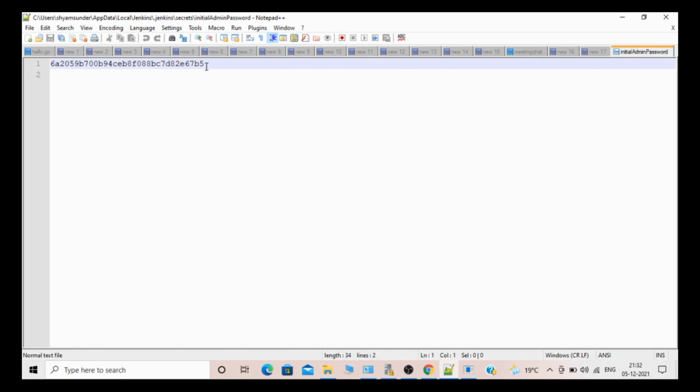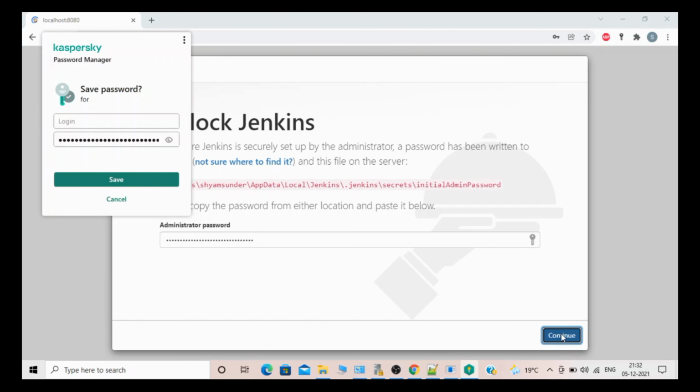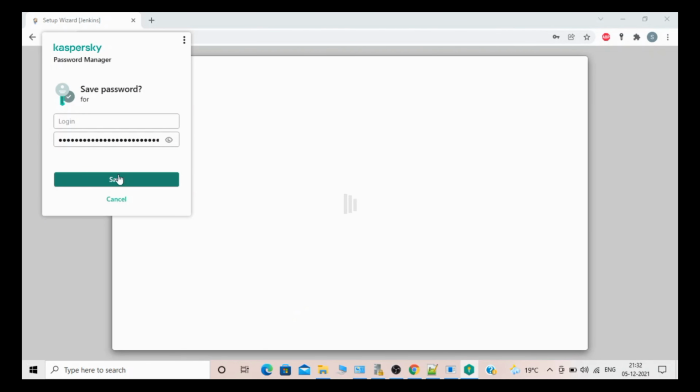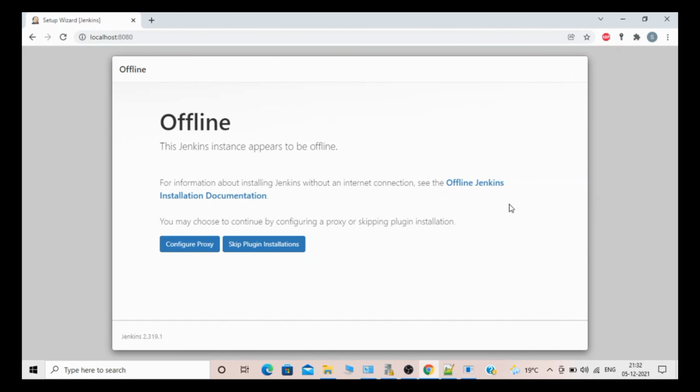Copy this initial admin password, then go to your browser, paste this password and continue. As you can see, Jenkins is now installed.